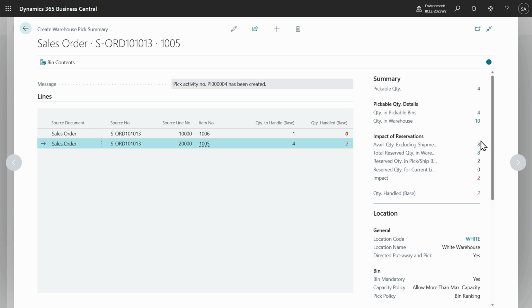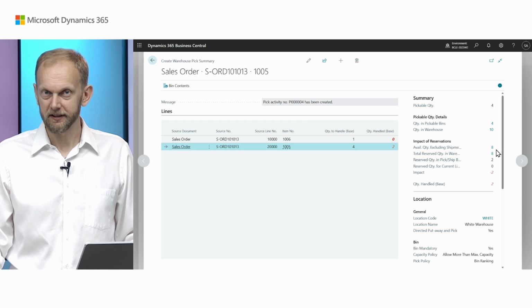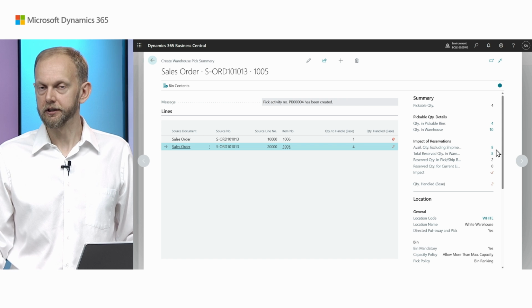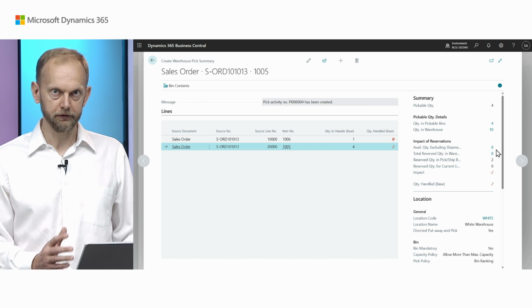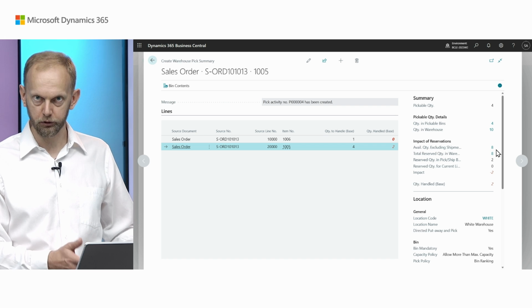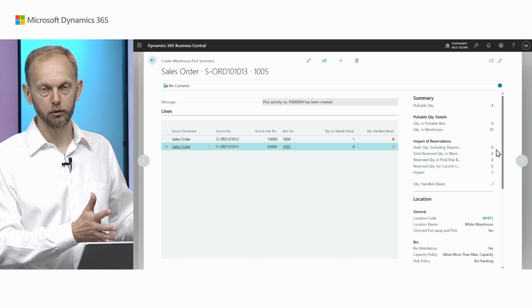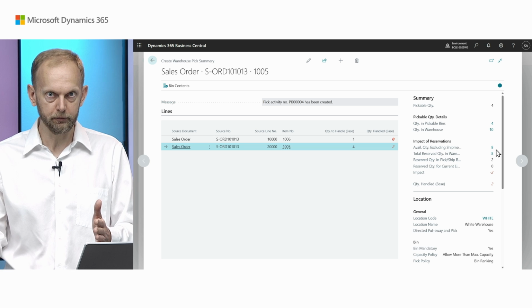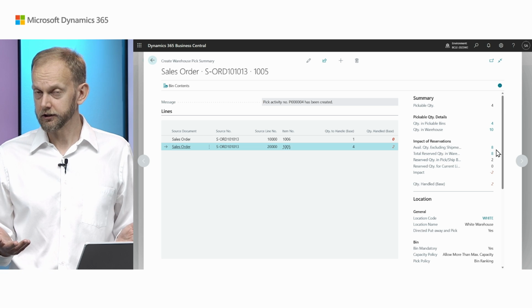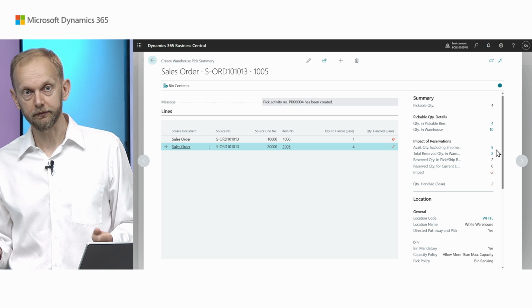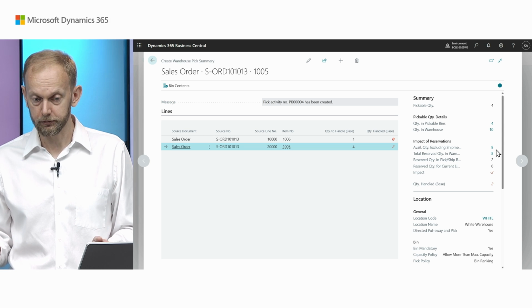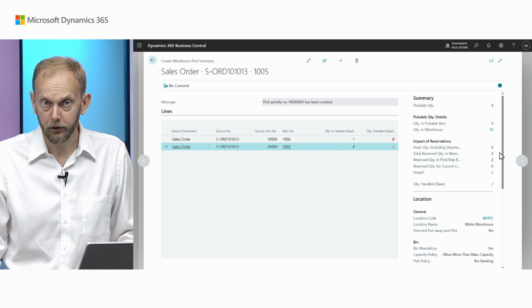So we consider this quantity to be something which we need to compare with reservations. So 8 potentially can be used. Yeah, it requires some additional actions. For example, if it's in put away, in receipt bin, then you need to process put away. If it's in bulk storage bin, you need to move it into pickable bins, but it can be done. That's why it is okay to take stuff from the pickable bin for some other bins, unless we still have something in the warehouse which can be shipped for reserved. So what about reservation situation?